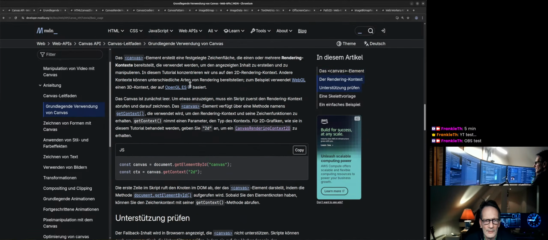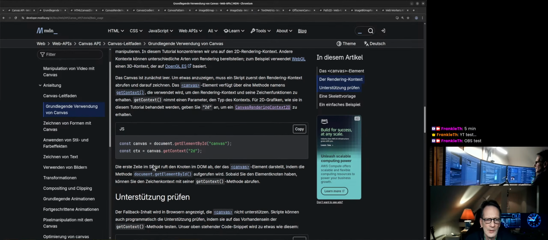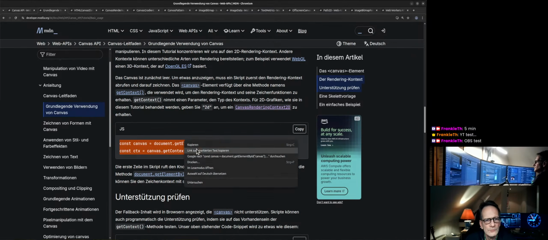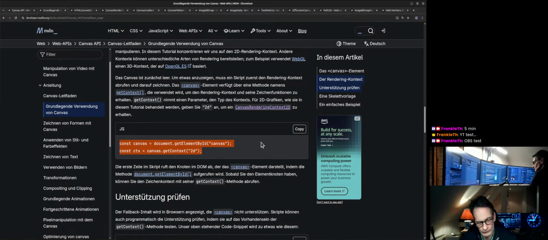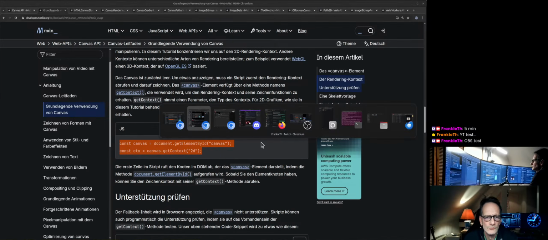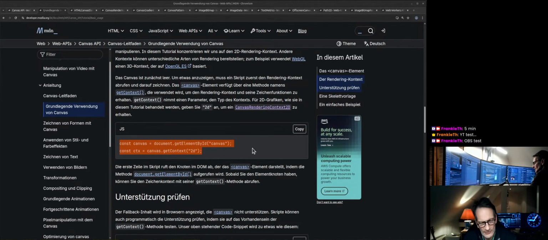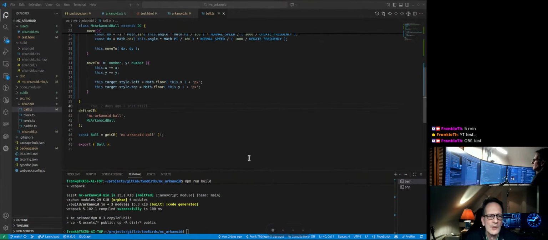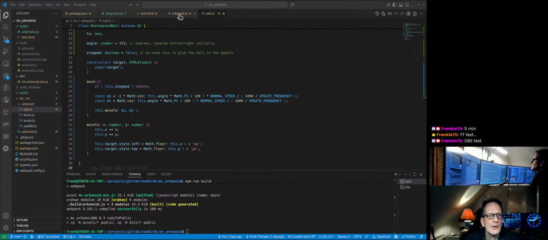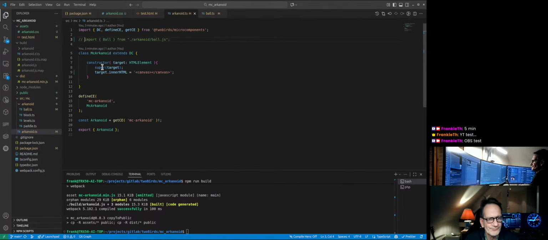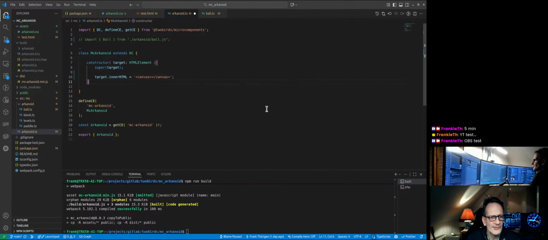Okay. Rendering context. Let's copy this. Go to our code, go to our Canoid. Now that the canvas is inside the target, we can,